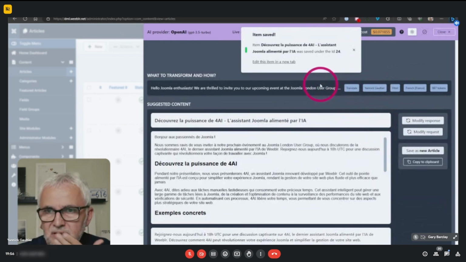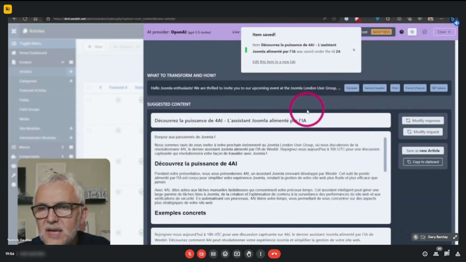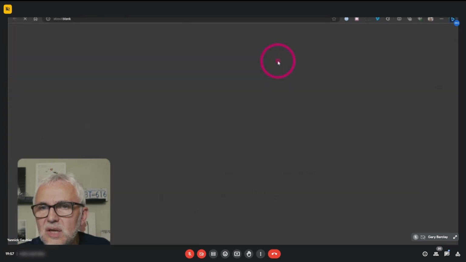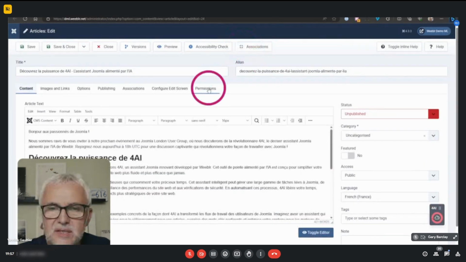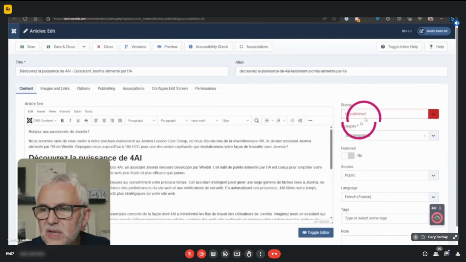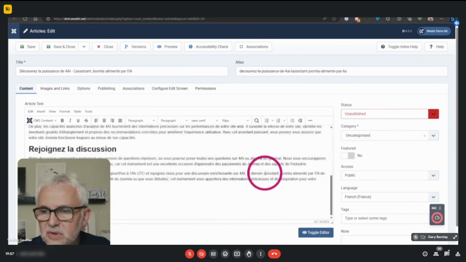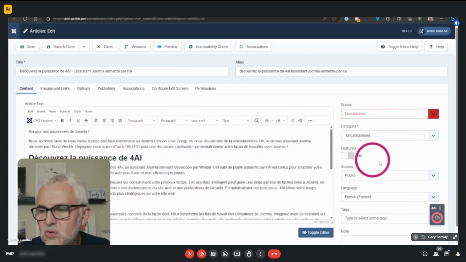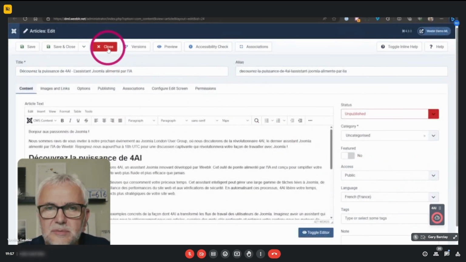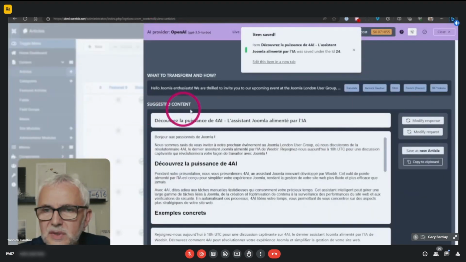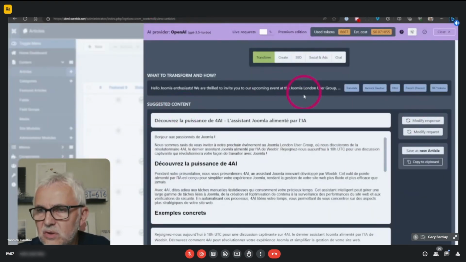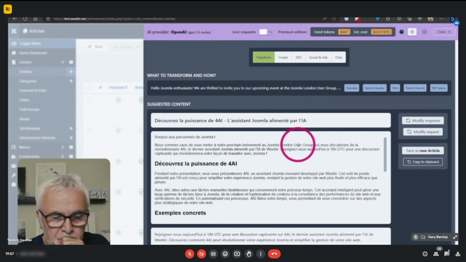So this is done. And when that thing has been saved as an article, you have a pop-up that comes here, and you can edit this article in a new tab. You can see that too. And this is the article that was created. It's unpublished, but then you can fix it or change it or whatever, add images and so on, exactly as you want. Change category. It's just a regular article. So this is essentially how it works, the general background.